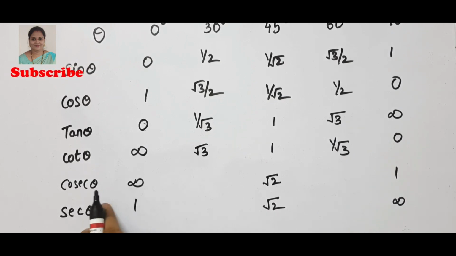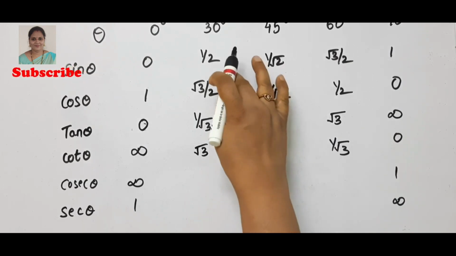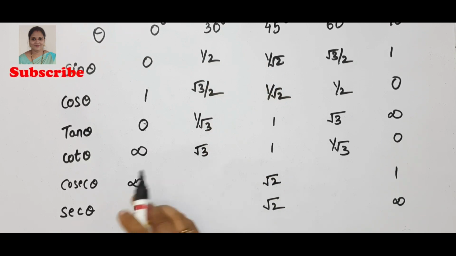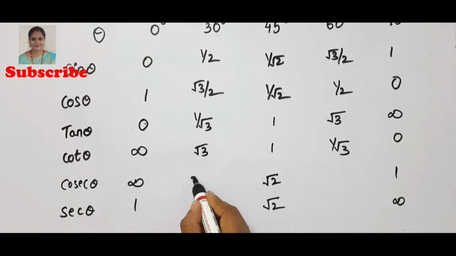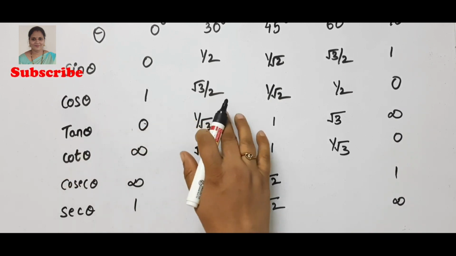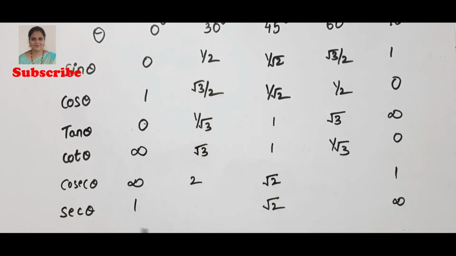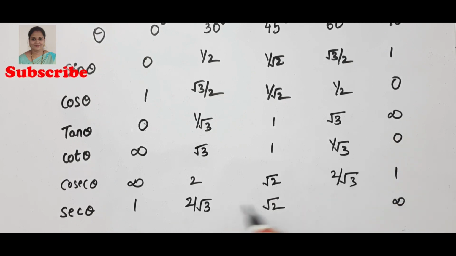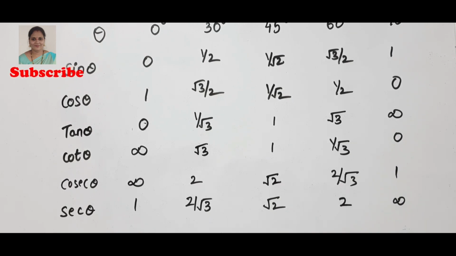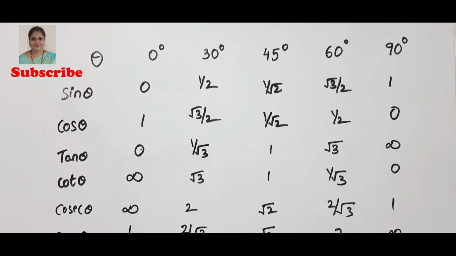Next, at 30 degrees, sin theta is 1 by 2, so cosecant theta will be 2. The cos theta at 30 degrees is root 3 by 2, so secant theta will be 2 by root 3. So at 60 degrees, cosecant will be 2 by root 3 and secant 60 will be 2. Okay. In this way you have to remember the values of the trigonometric functions at 0 degrees, 30 degrees,